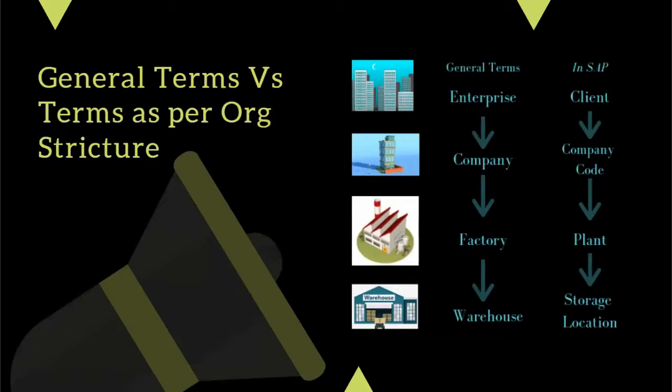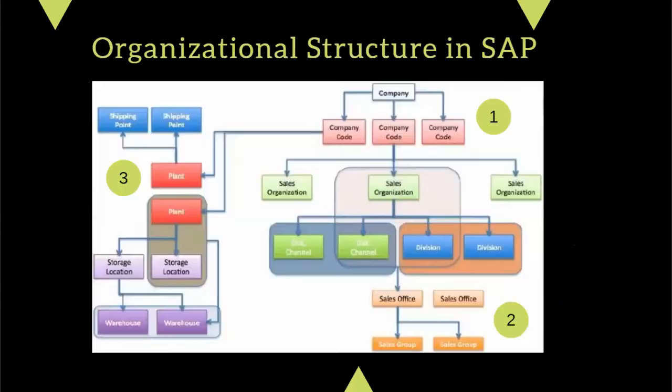The screen that you see now will show you the general terms versus how it is carried out inside the SAP system. You can see an enterprise can be called a client in SAP. A company can be called a company code in SAP. A factory can be called a plant inside SAP. A warehouse can be called a storage location in SAP. Furthermore,